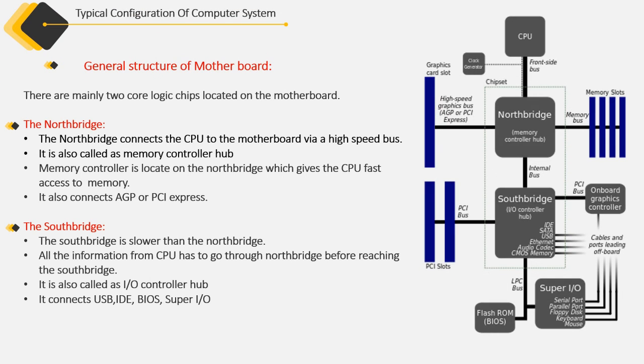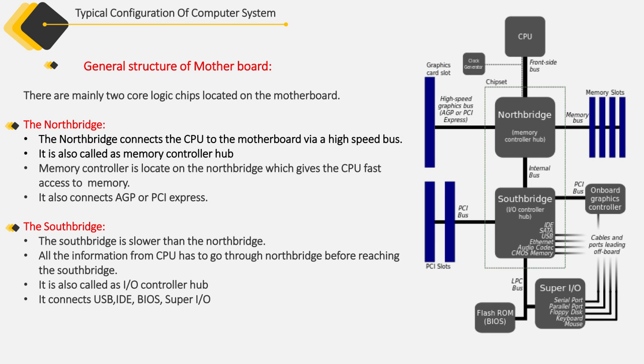General structure of motherboard. A motherboard is a PCB that connects all components of the computer. In modern computers, the number of chips is reduced and centralized into particular locations. Therefore, multiple chips are combined together to form one single chip. This chip that can replace a large number of chips is called chipset. Chipset handles the communication between various components such as CPU, peripherals, and buses.